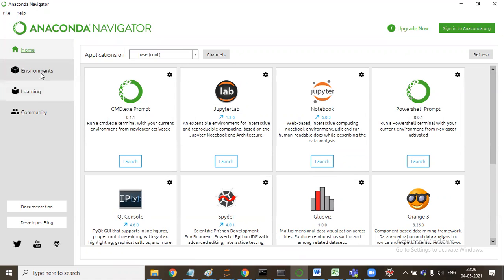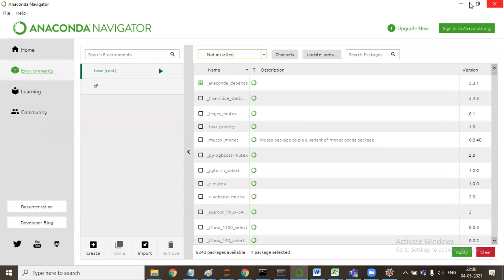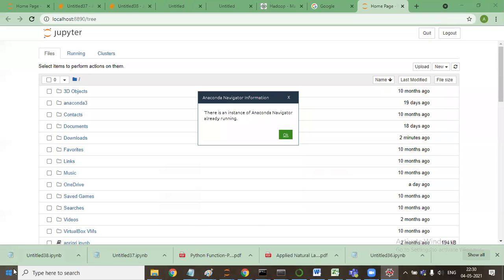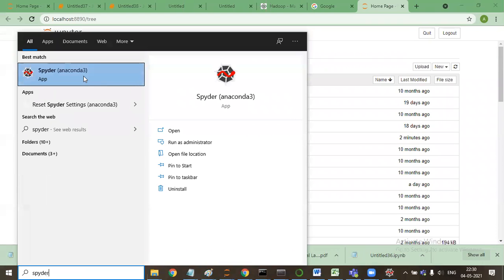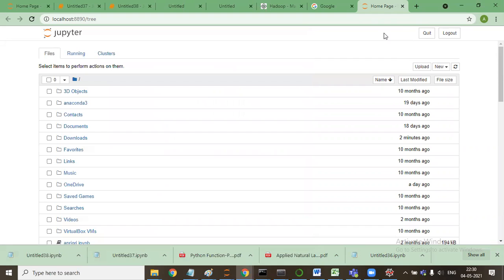Another way I can tell you is, instead of Jupyter, you can simply say Spyder and open this app. This is also similar to the Jupyter app. If I have the option, I normally work on Spyder instead of Jupyter. Sir, professionals work on Spyder only, right?